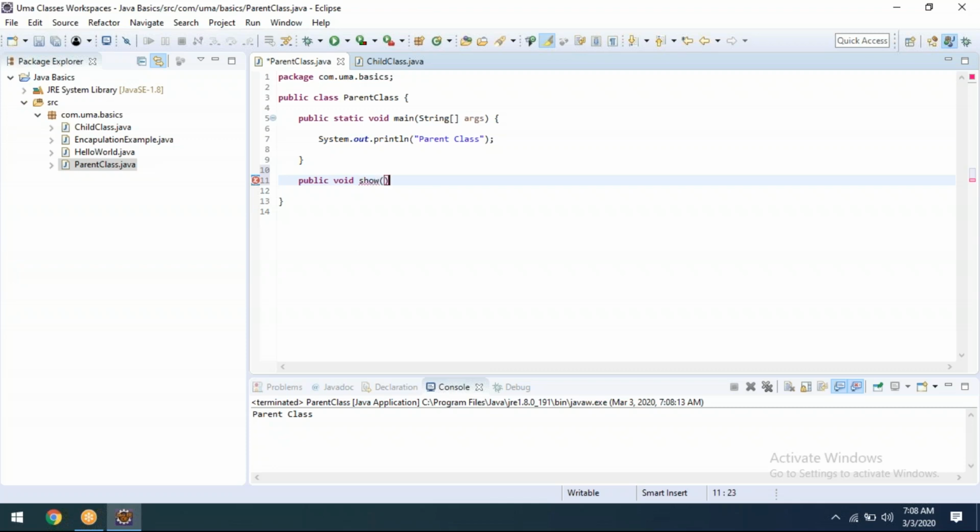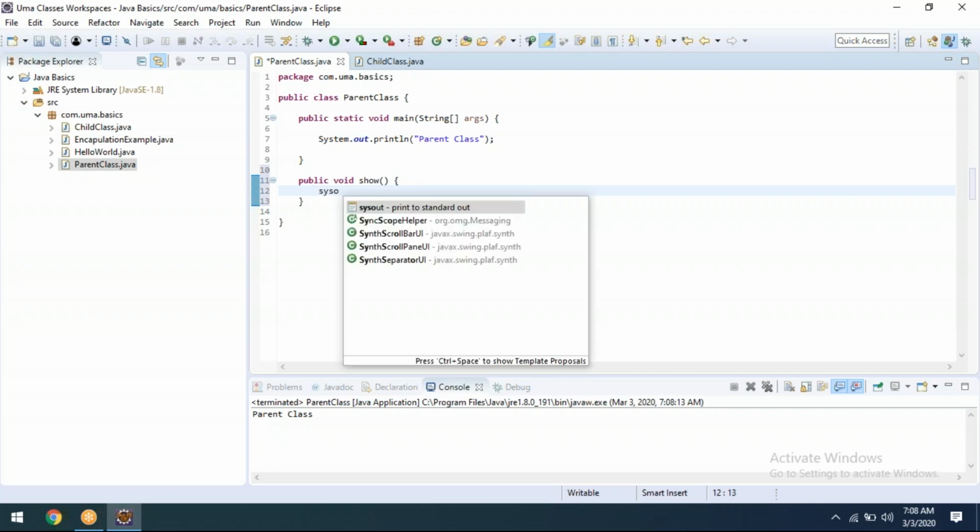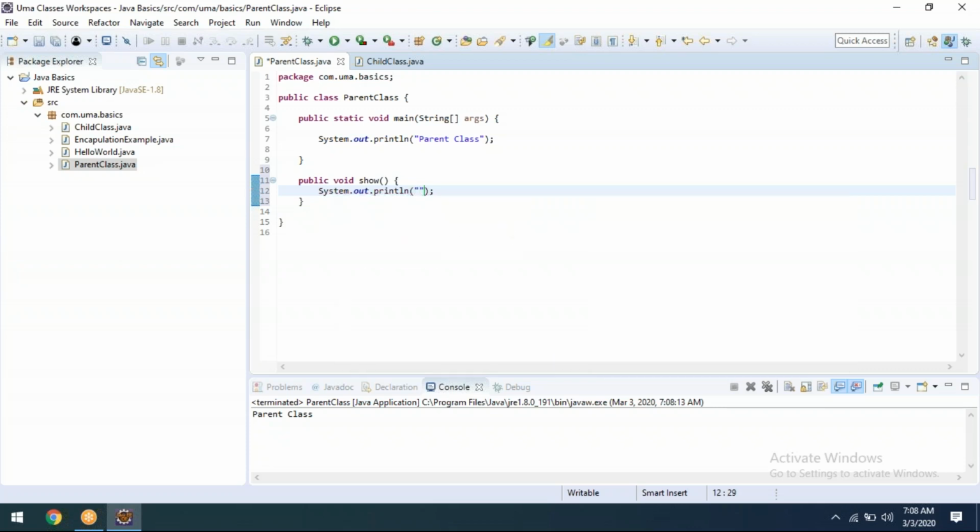System.out.println, anything I can write within this program: show method in parent class. Getting my point? The same way, public void demo.